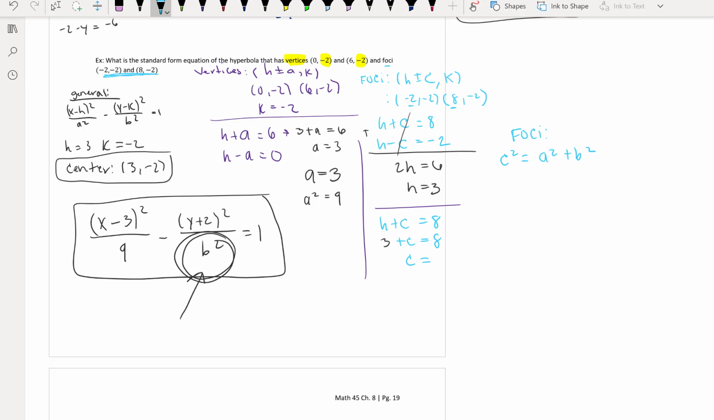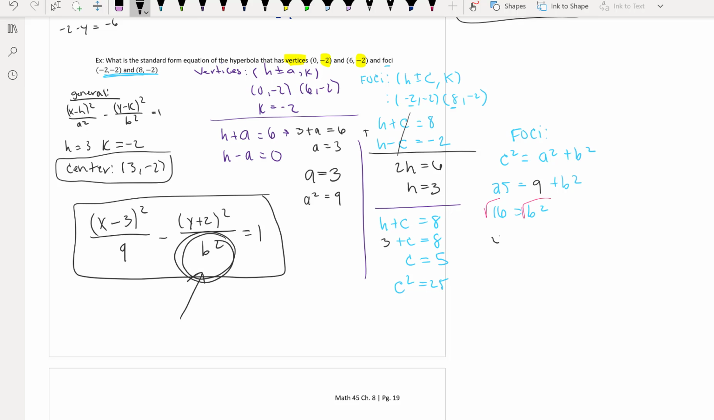So I can tell you that my c value is going to be 8 minus 3, which is going to give me 5. So 5, or c squared, is equal to 25. So now I have 25 is equal to my a squared, which is 9, plus my b squared. So I'm going to subtract 9 from both sides. So 25 minus 9 gives me a 16. So then if I were to square root both sides,